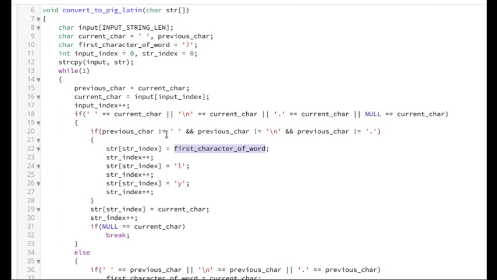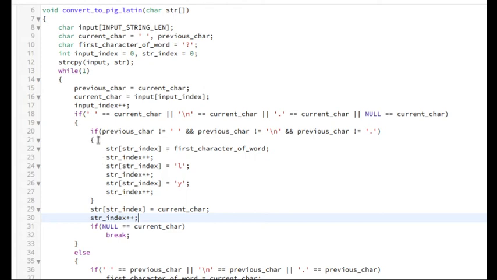But if there is space or slash n or dot or null, and if the previous character was none of that, then it is guaranteed that there would be something stored in the first character of the word. I hope you understand the logic. If these two are true, it means we have reached the end of the word and we should append the first letter and ly.